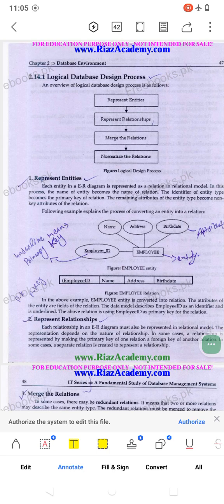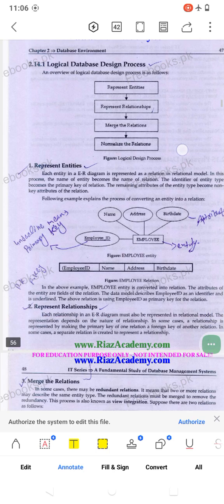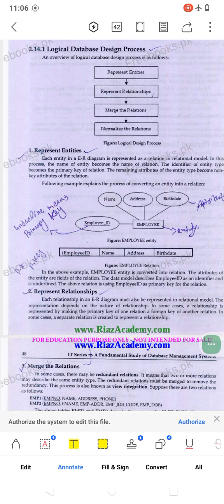First, we represent the entities. Next we represent the relationships. Next we merge the relationships and normalize the relations. What entities are used at the logical stage is the first step. What are their relationships and attributes? This is the second step. And next,